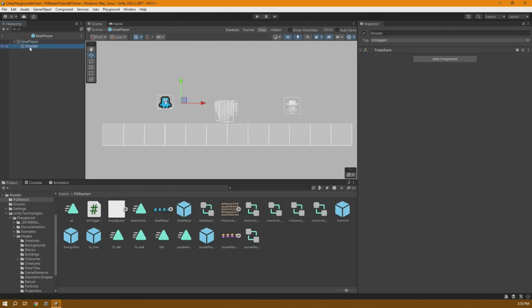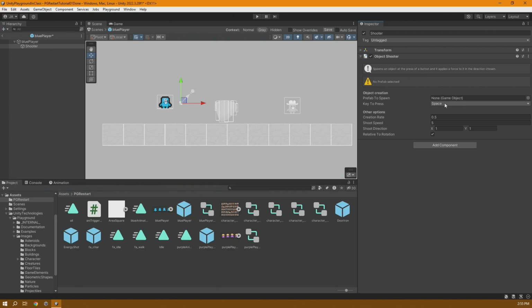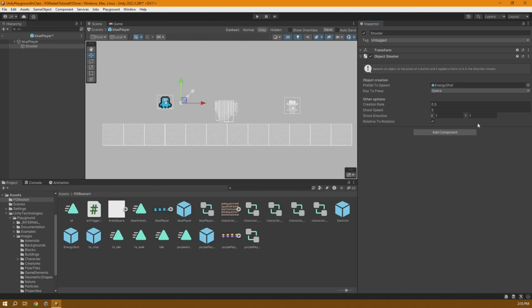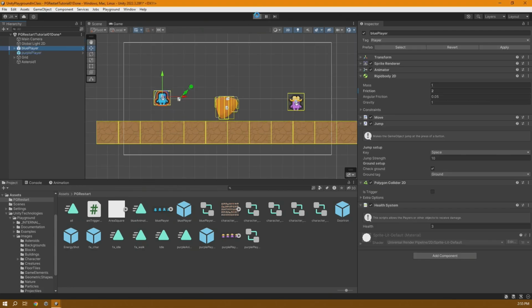Okay, so I'm selecting the shooter component, and I'm adding a component of object shooter. Now I have to tell it what I want to shoot, and this is going to shoot energy shots. Right now, the key that is going to shoot it is a spacebar, which maybe I'll come back and change because I'm trying to make a 2-player game, and the spacebar is kind of shared in the middle of the keyboard, but it's fine for testing. Okay, I'm going to save this by hitting the back arrow. I'm going to say save, and when I press play, I can now test my shots,